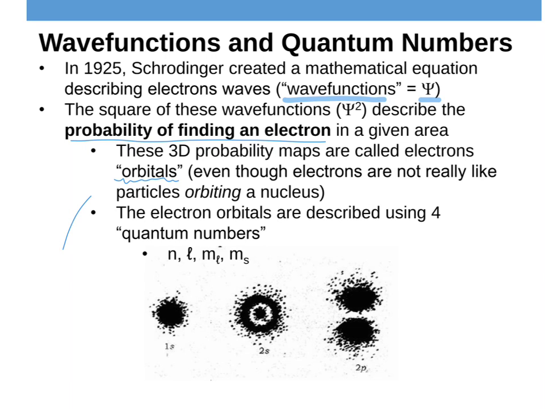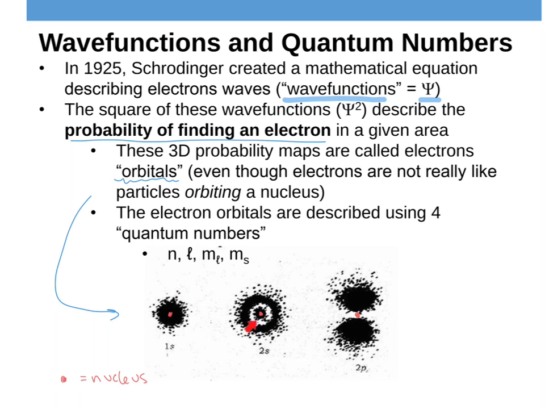So they end up looking like things like this. This is a map of where you're likely to find it, right? If the nucleus is in the very center, I'll draw a little red dot for the nucleus. We're saying that these probability maps here are telling you where you're going to find an electron with a certain energy. And so for this one, a 1s, and we'll talk about 1s, 2s, 2p in future videos, but the idea is that for a certain energy level, this is about where you're going to find the electron. It's in a kind of circular area, a spherical area around the nucleus. It's not as likely that it's going to show up far away from the nucleus. It's probably going to be close to the nucleus.